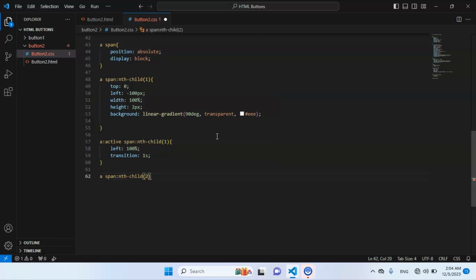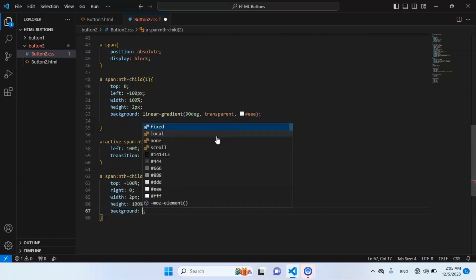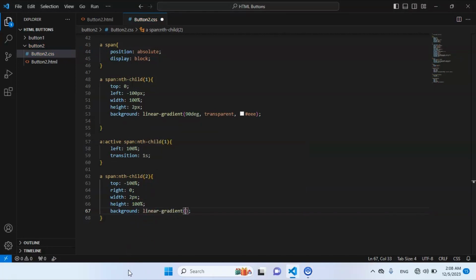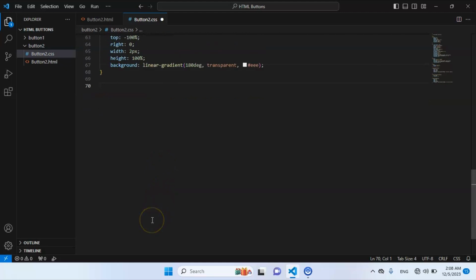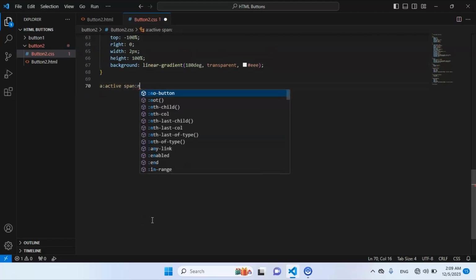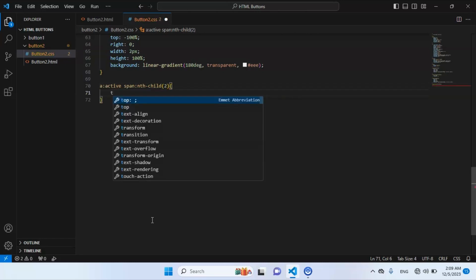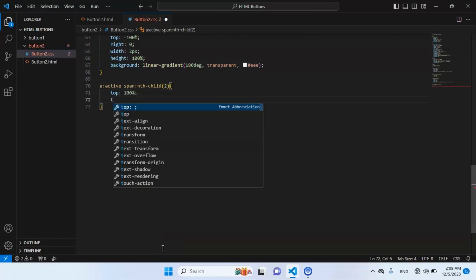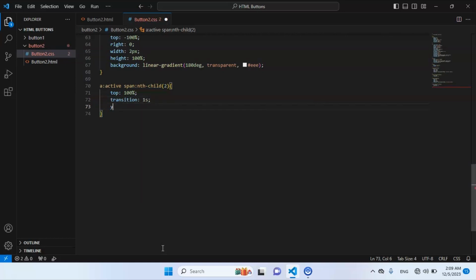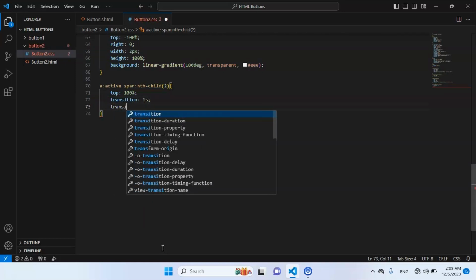Again select a span:nth-child(2), top minus 100 pixel, right 0, and width 2 pixel, height 100%, background linear-gradient 180 degree, transparent and #EEE. And now select a:active span:nth-child(2), top 100%, transition 1 second, transition delay